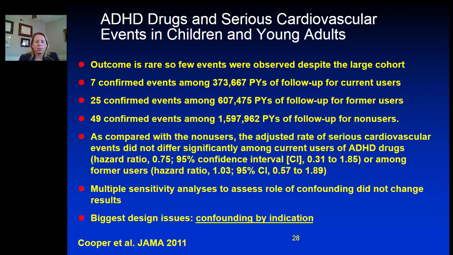And they essentially calculated a relative measure that suggested that there was no increased hazard or increased risk of any of these outcomes associated with exposure either currently or previously to an ADHD medication. And this was despite multiple sensitivity analyses to assess for roles of different factors that may have influenced the findings. Now, this study was driven by a question as to whether or not these drugs increase these risks. And the current belief is that, based on this study and other studies, these products don't increase the risk